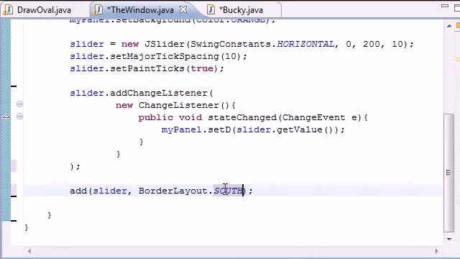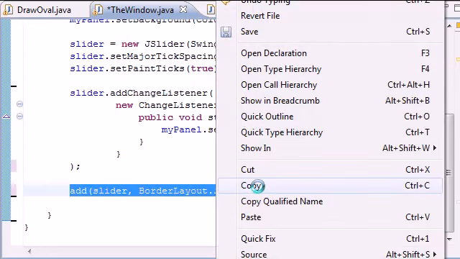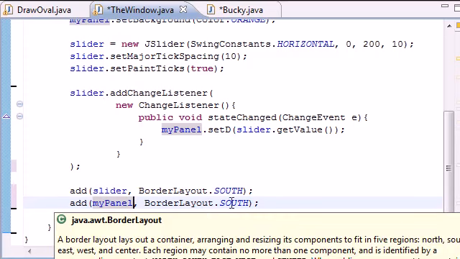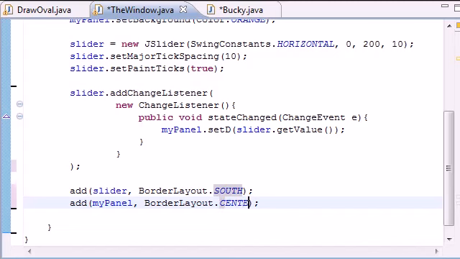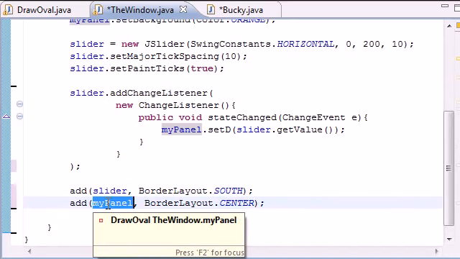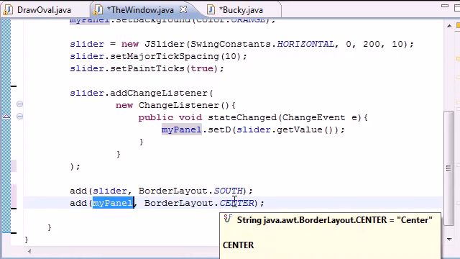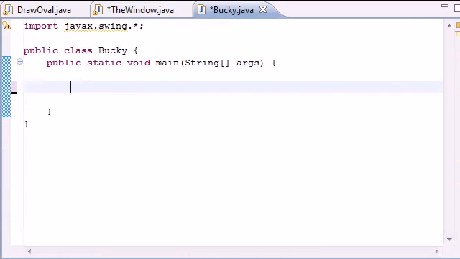south. And let me just copy that because I'm lazy. Don't want to have to type anything. Copy paste. So we added the slider. Now we want to add my panel, which is pretty much the background and the circle. So now with those three things, we added everything, and we want this to appear in the center. So now that we added the slider at the bottom, which is south, and the panel, which consists of the circle in the background and the center, we're ready to go to our main window, call everything, get it set